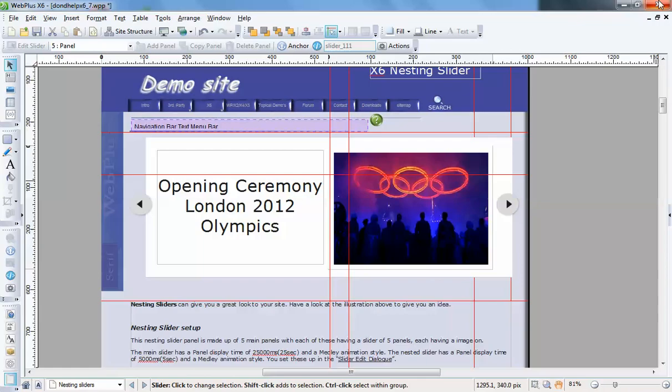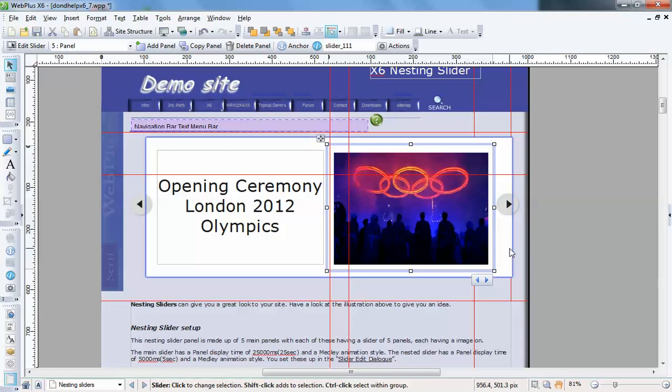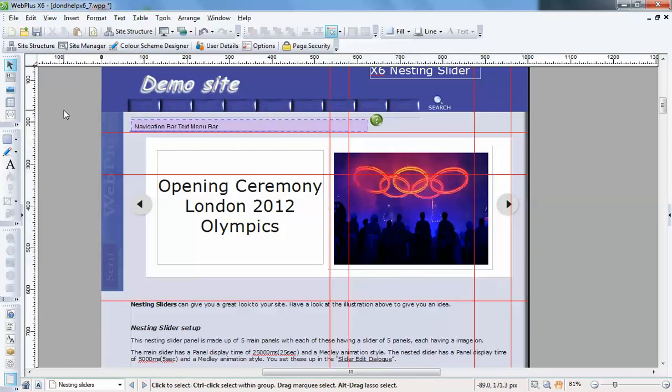So we know that it's the main slider and the number 1 panel nesting slider that's got the same problem. It may take a while for you to look to find that,